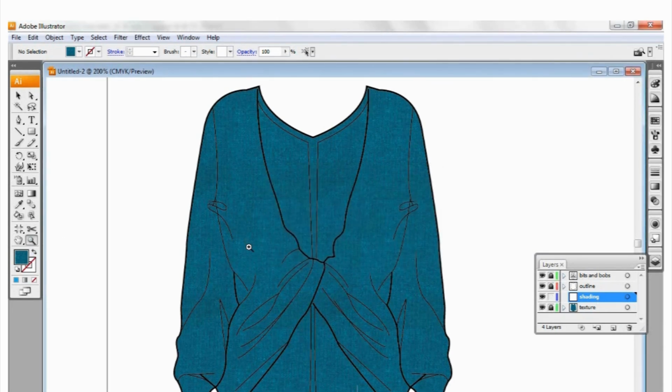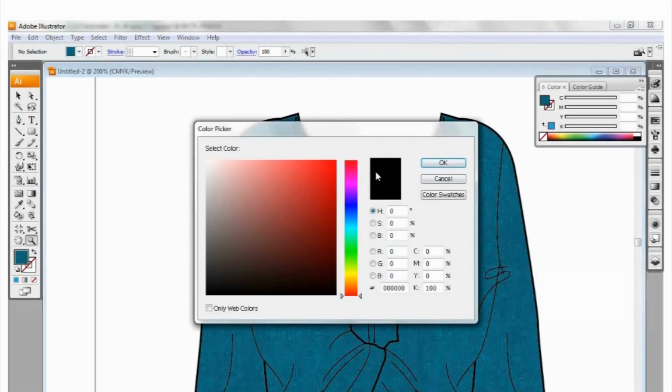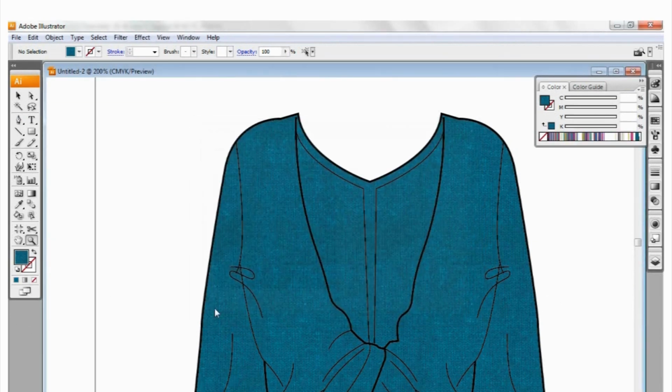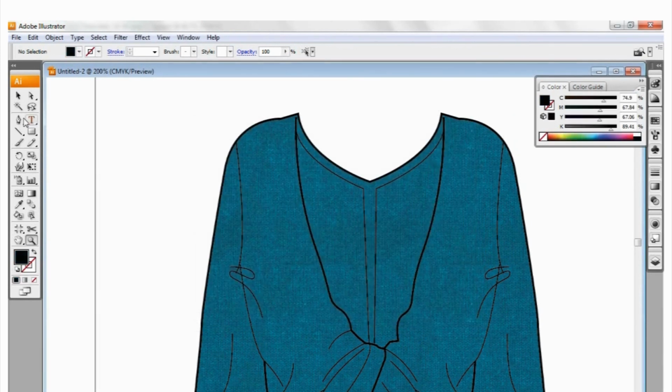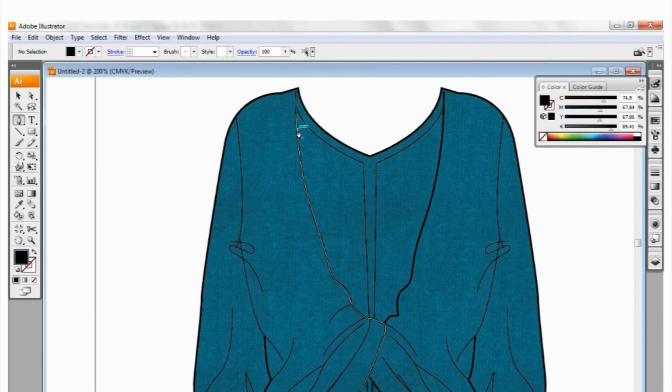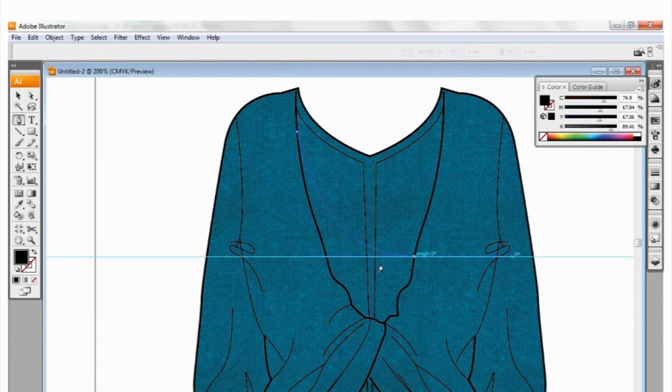Now, to create shading, you have to really think about your garment and where the shade might go. So let's get black, because black's always a good shade color. Hang on, we haven't selected that. There we go, it's black. And I'm just going to start picking out areas that I think this garment would be shaded. So in the neckline, let's say,